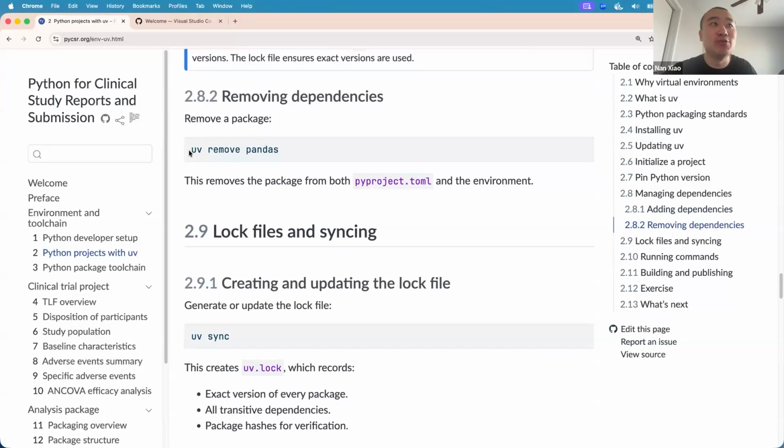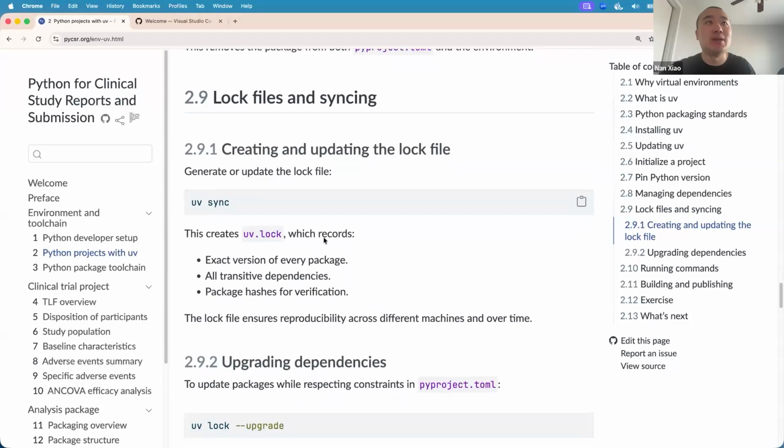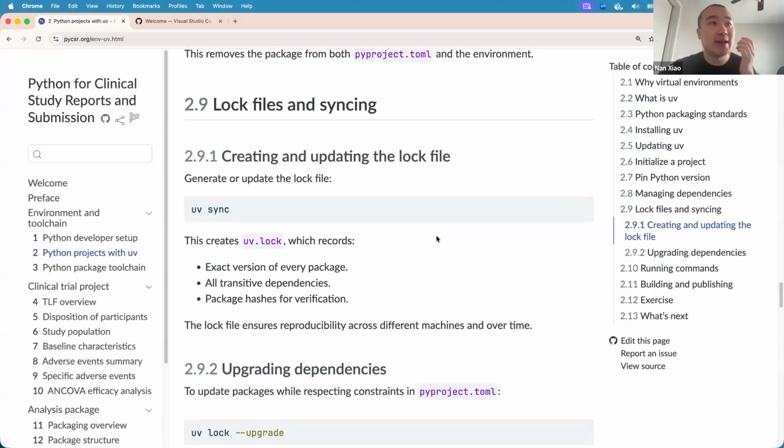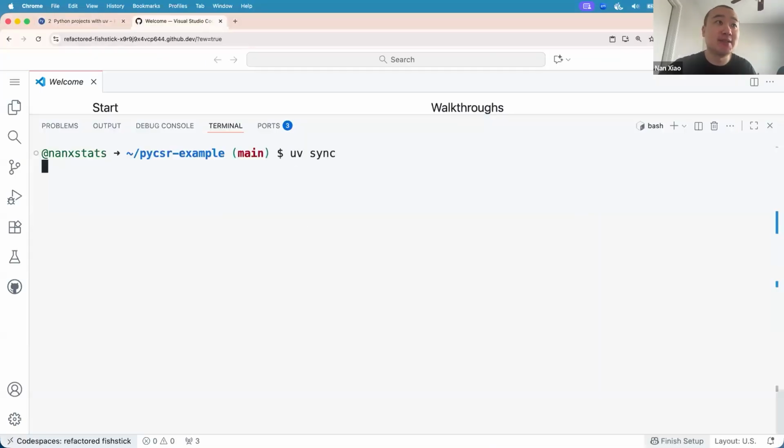Later on, we can also remove some of the dependencies that are not needed. So you can actually run uv remove with the dependency name to remove the dependency from pyproject.toml. But everything converges to one point, and this is the most common uv command I ever use, that is uv sync. So whenever you have updated the Python version, added a new dependency, removed a dependency, or updated the dependency version requirements, you might want to run uv sync, right? To actually update the lock file in the project.